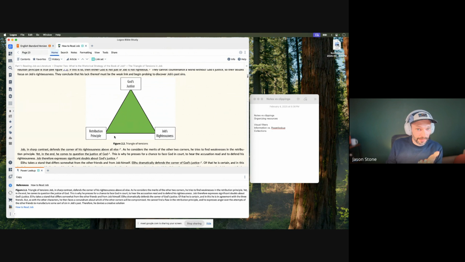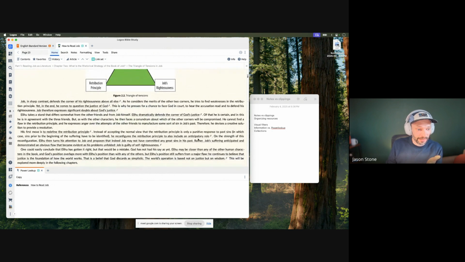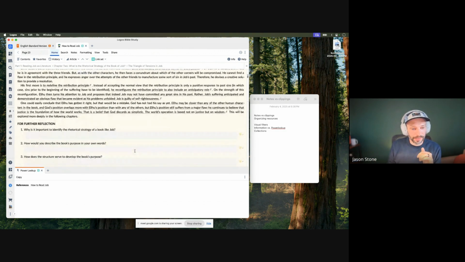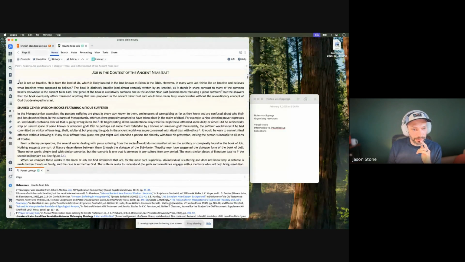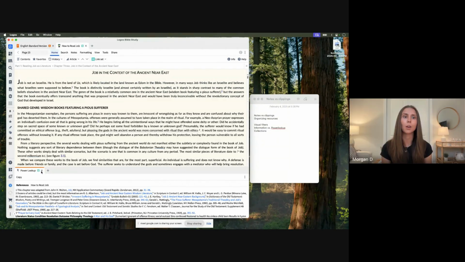It gives me some information about the triangle tension here, if you can see that at the bottom. So power lookup is going to read all of your footnotes to you without any click or anything like that. The easiest way to do it is to just do a link set, and that way it'll stay with whatever book you're reading. So it's primarily a footnote feature.